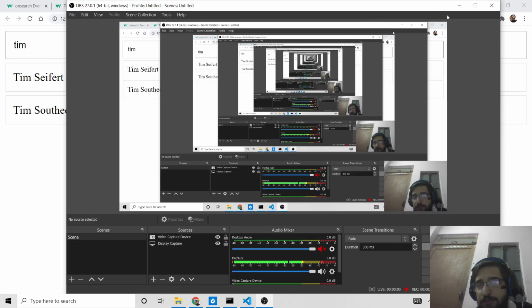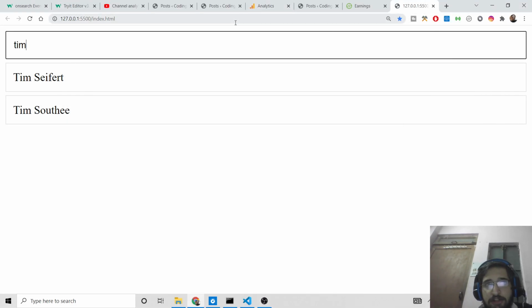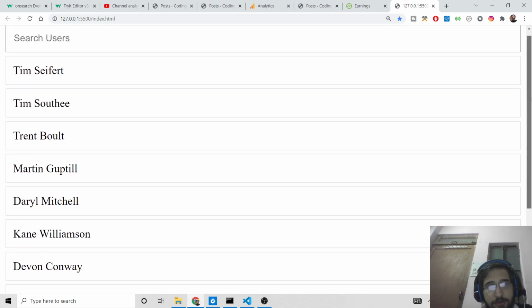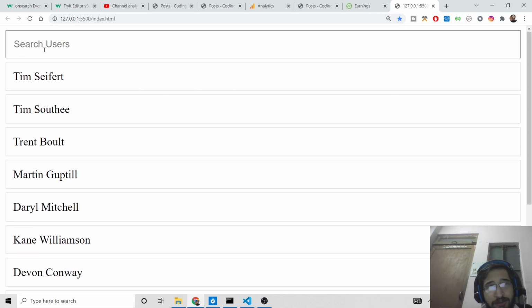Hello friends, today in this tutorial we will be building a vanilla JavaScript project, an HTML5 filterable searchable list. Basically this is a list of names, and you can also search it. You can see this is a search field out there. So we will be building this in pure JavaScript. We will be using two methods in JavaScript: filter and indexOf.